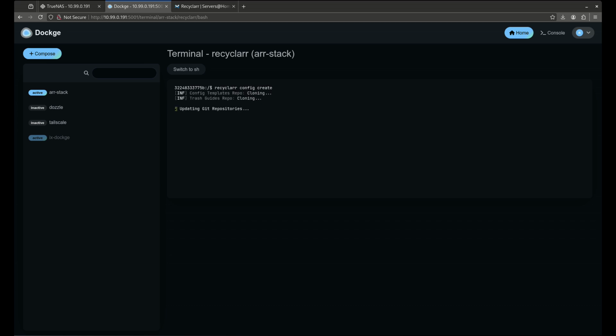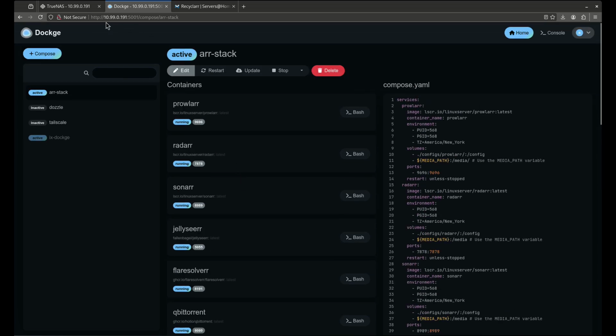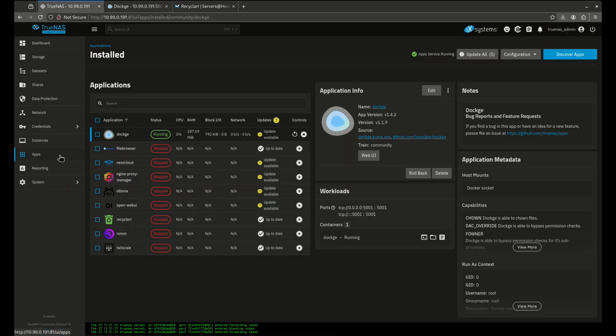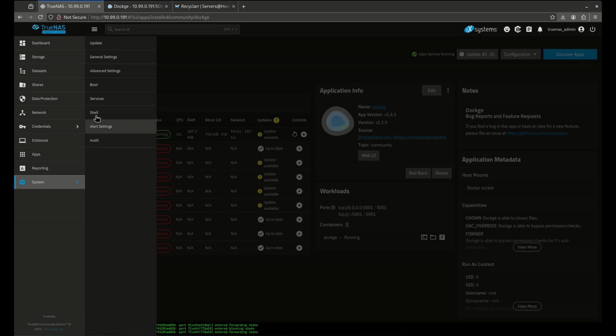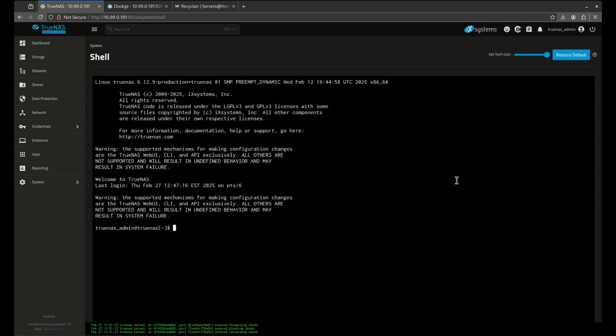Like that. There we go. So now we've created the config. Okay, now that that's up and running, I'm going to come back out to TrueNAS. And I'm going to have to go back into my system and go into my shell. And then go back to the same folder we were just in, sudo su root